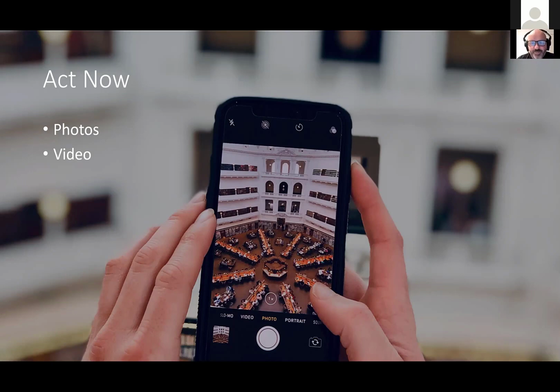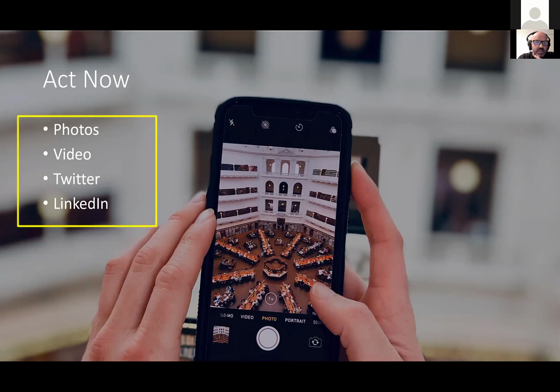You don't have to be a superstar. You don't have to be the number one Bollywood actor out there to get your face on camera. But you should get your face on camera and you should share your authentic, genuine you as part of that. Share on Twitter. And of course, I put Twitter and LinkedIn here because they are the two main sharing communication channels that we have in our community.